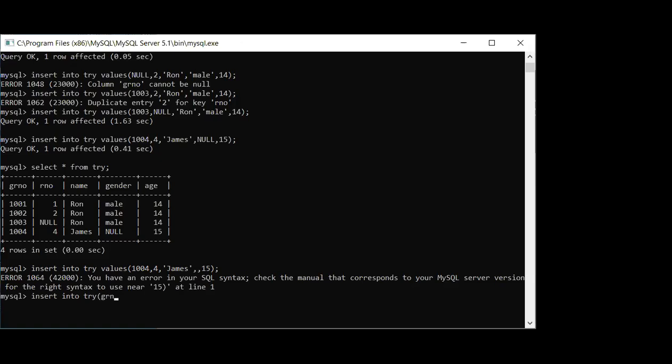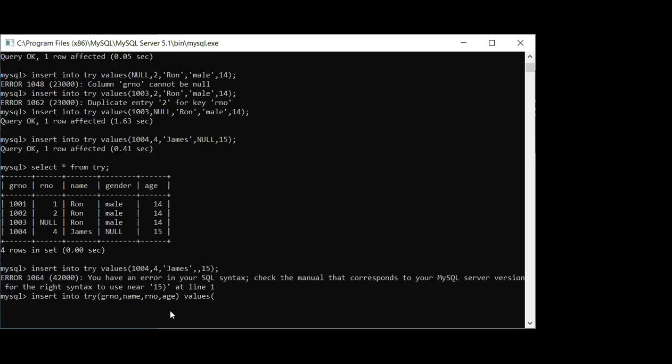See, now you can change the sequence also. For example, first is GR number, then I am giving name. I'm changing the sequence. Then I am giving my roll number. Here first is roll number, then name. Here I have changed the sequence, first name, then roll number. Then after this, in age, I want to fill the information, comma age. So all the column names I have given, then values.